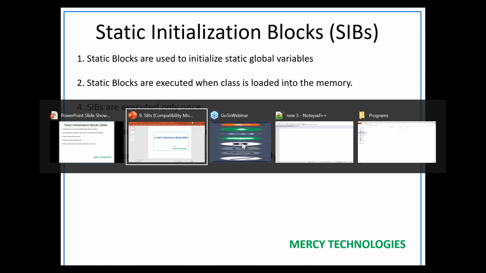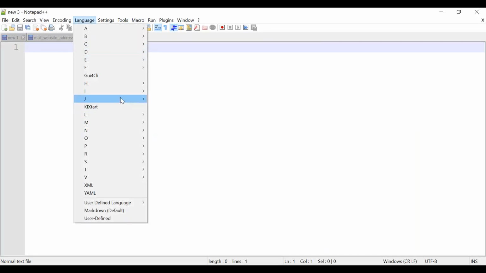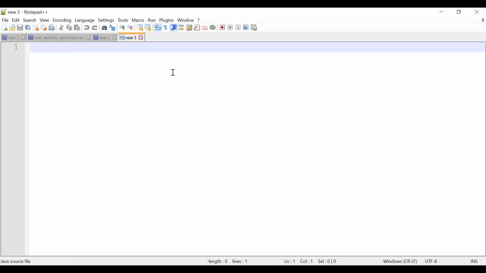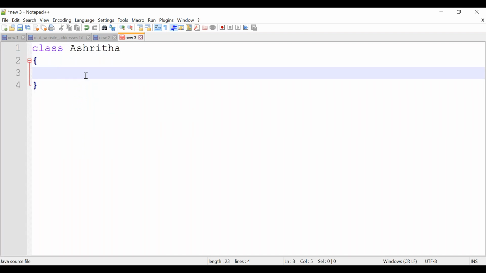So let's open our Notepad++. Here I am going to write a new class. Consider I'm creating one class called Ashrita. This is my class, correct? We already saw one of the methods, the main method, public static void main.